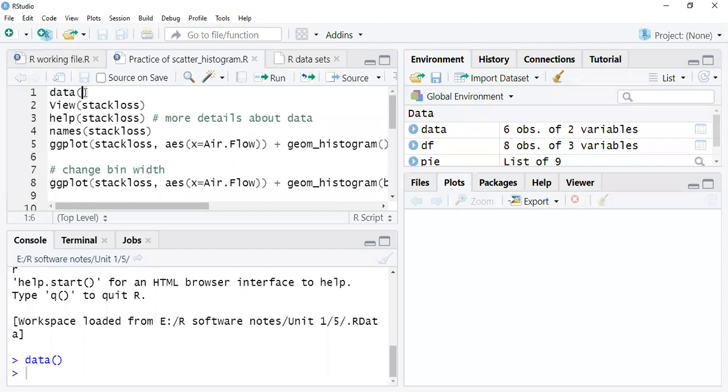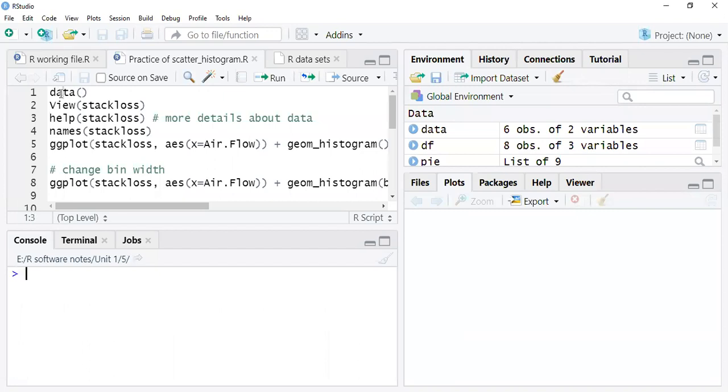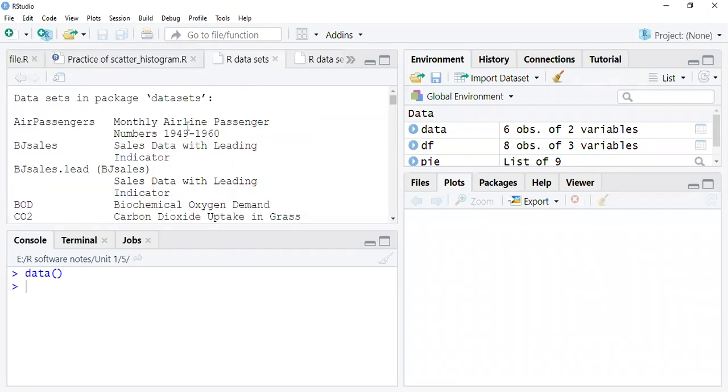This is the code for how to get your file, actually the stack loss file. For this you just type data, open bracket, close bracket. So if I run this, you can see in the source window a new window automatically opens.